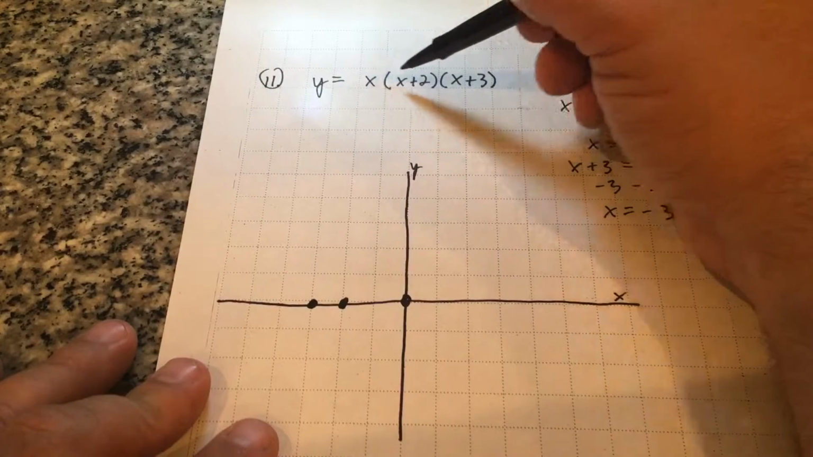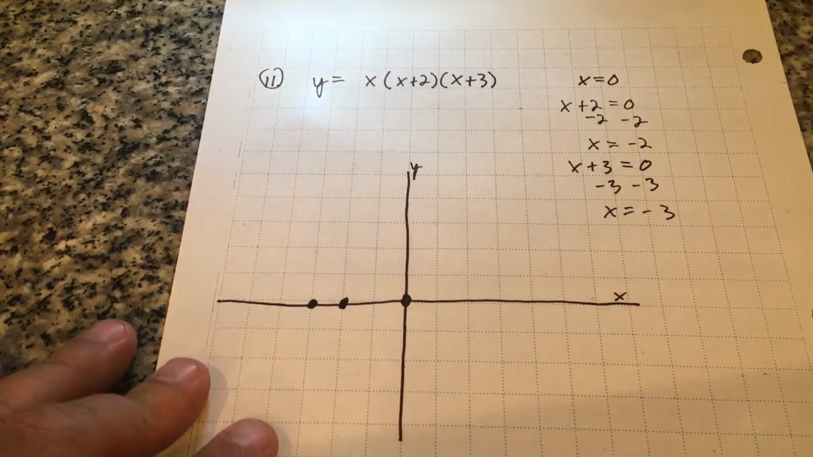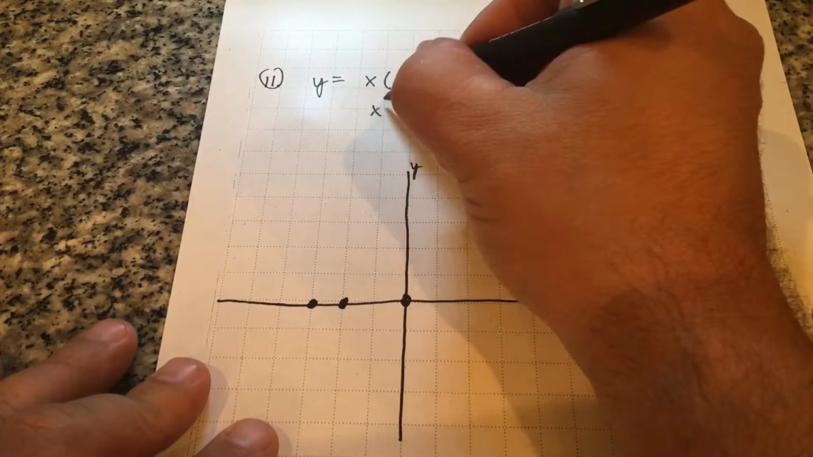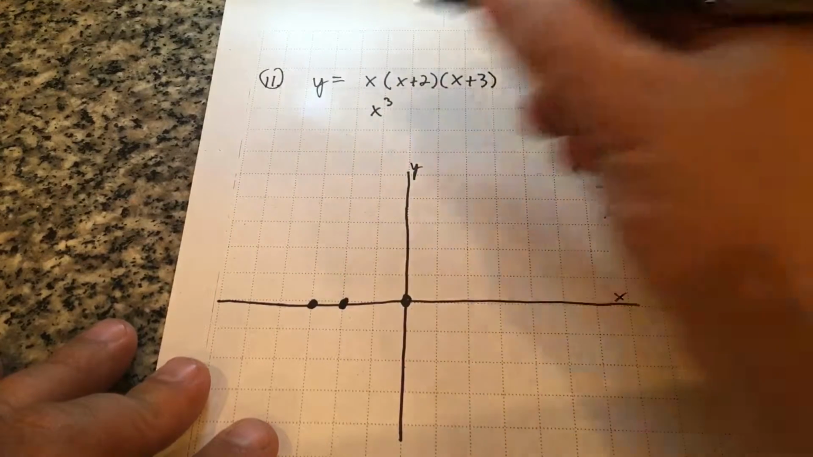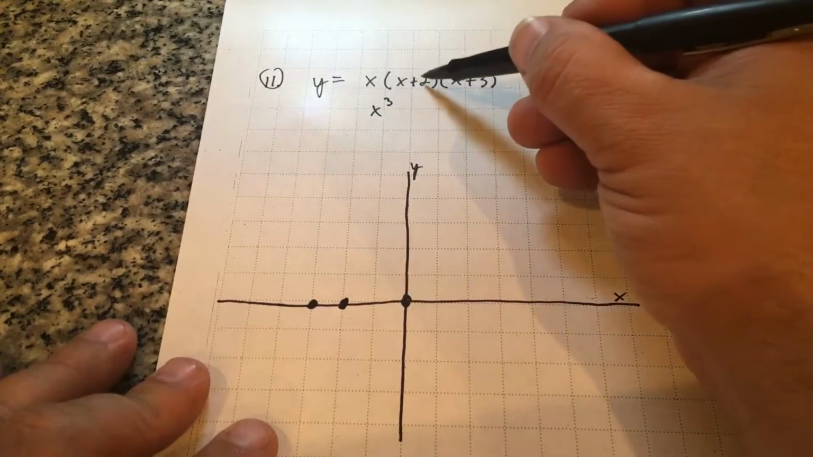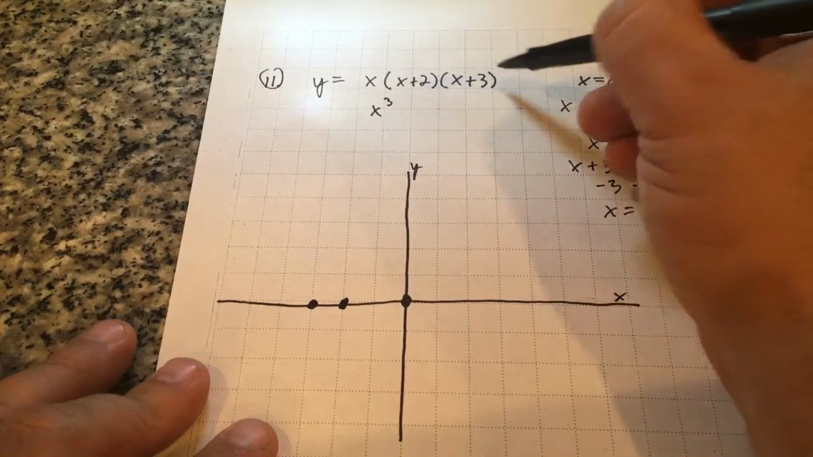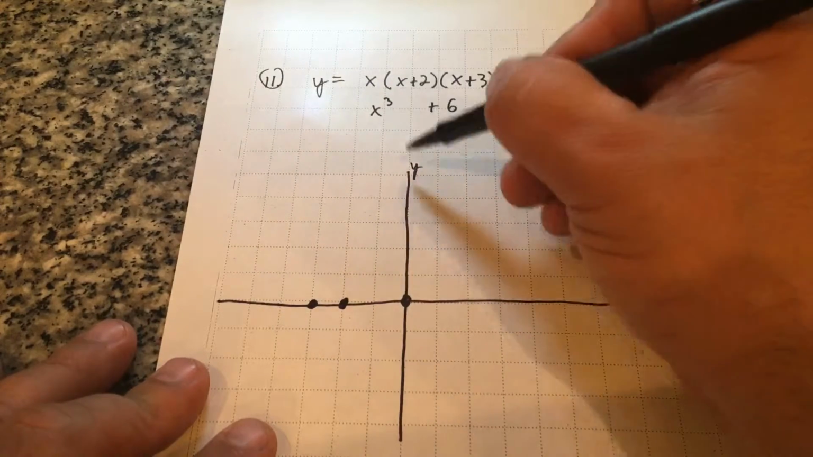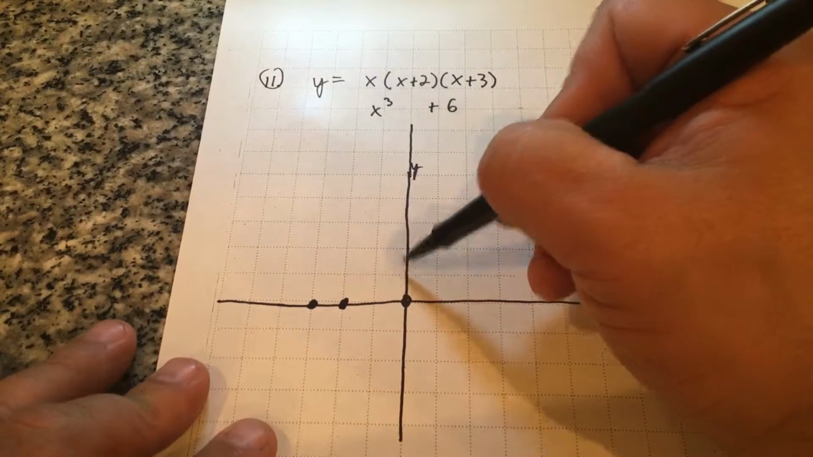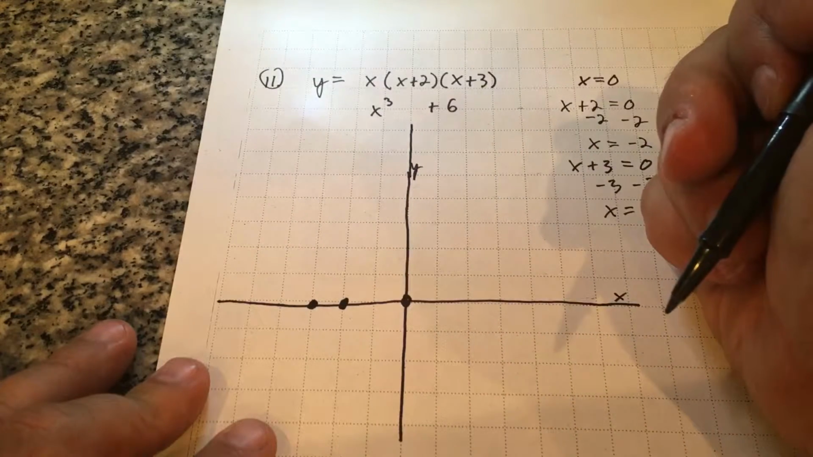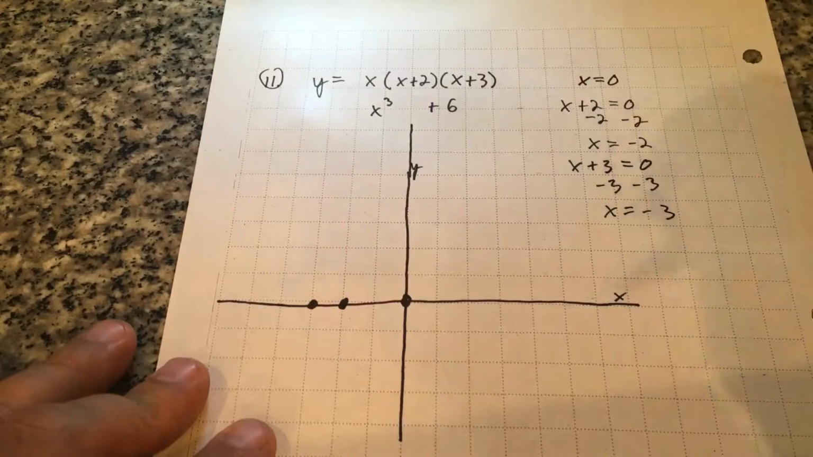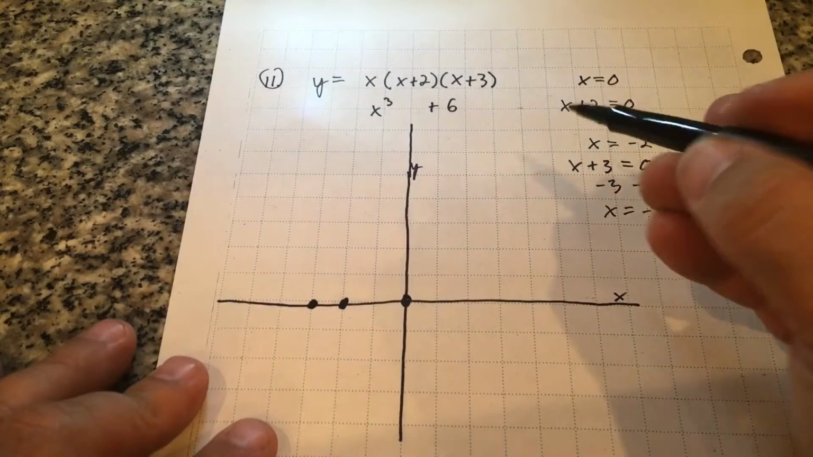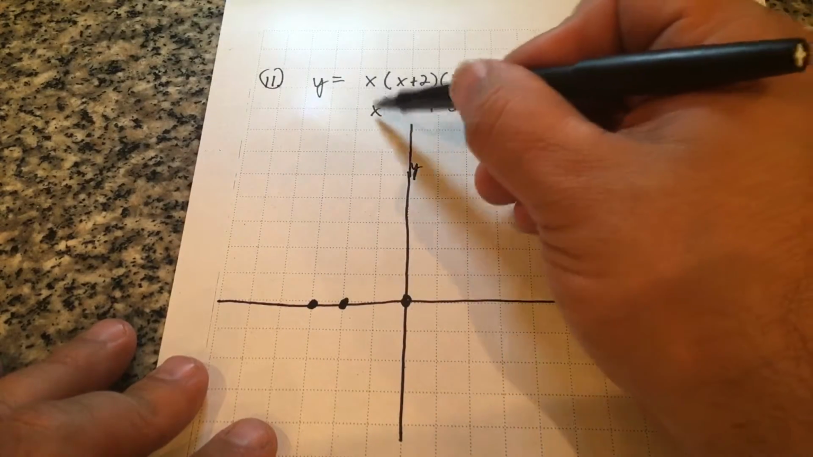Now if I multiply these together, x times x times x, that's going to give me a positive x cubed. And if I multiply these, that gives me a plus 6. That means the y-intercept is going to be through 6, because this is x cubed,